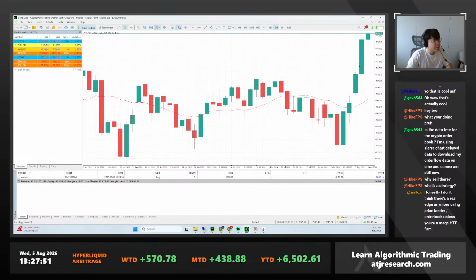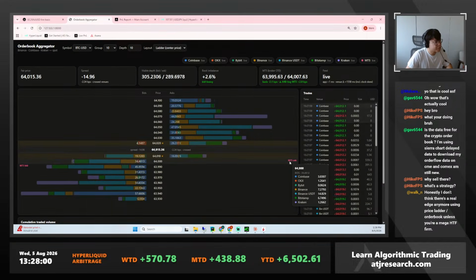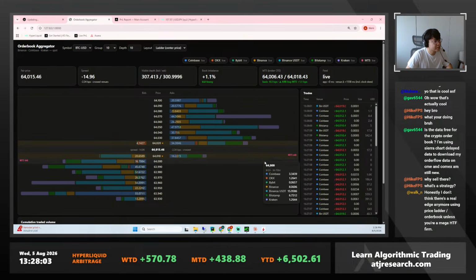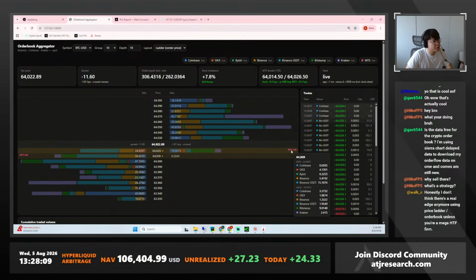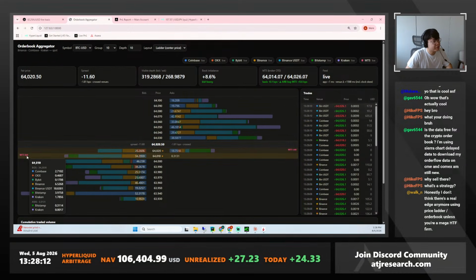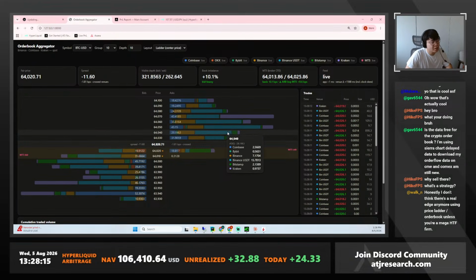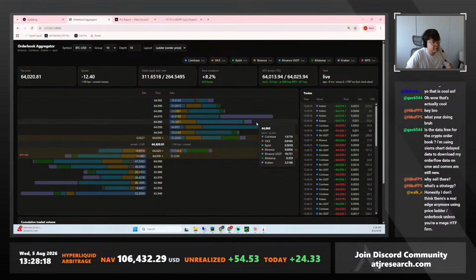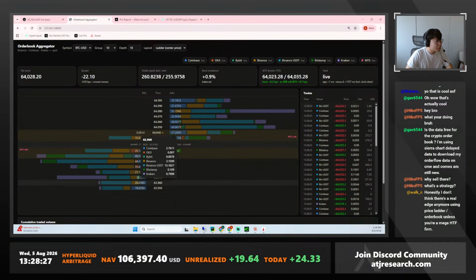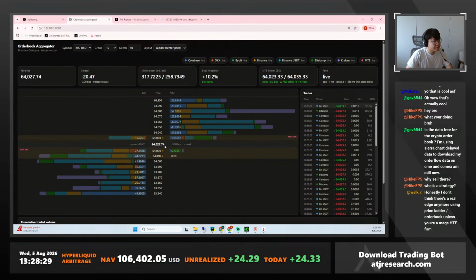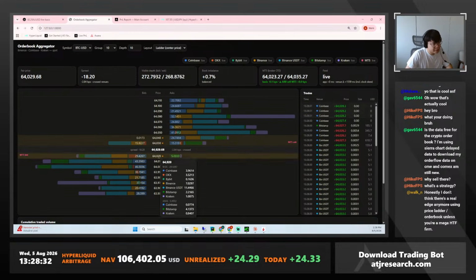I was trying to run sort of an arbitrage strategy on MT5 because MT5 is quite cheap. So what you can see here is that the MT5 ask price is below this fair price that I've computed. So in theory, I could try to buy here on MT5 when it is below this fair value, and then when the MT5 bid crosses above the fair price, I can try to sell. So basically, I'm just trying to buy below the fair value and sell above fair value. This fair value is computed by taking the volume weighted average of each level, and then we're computing the average here basically. So based on this app that I made here,